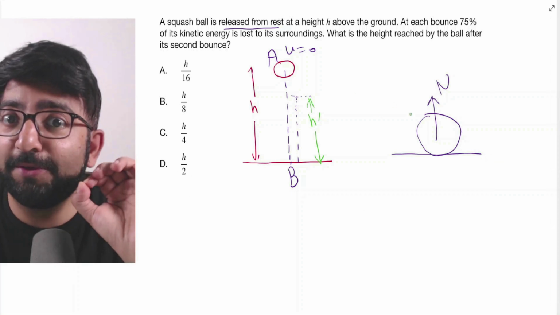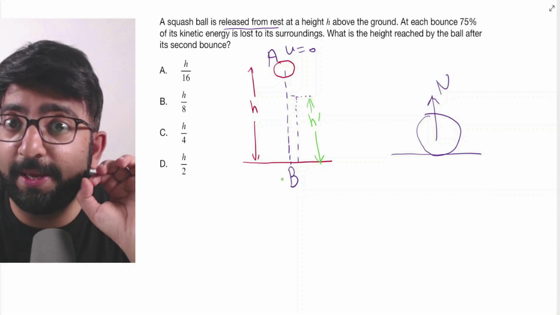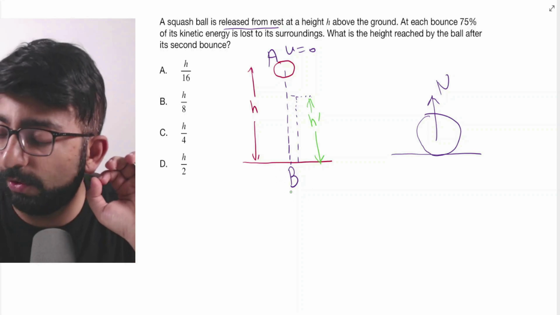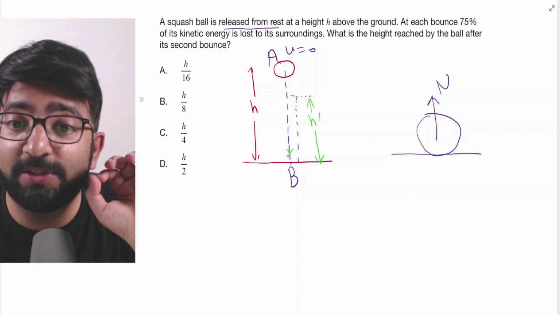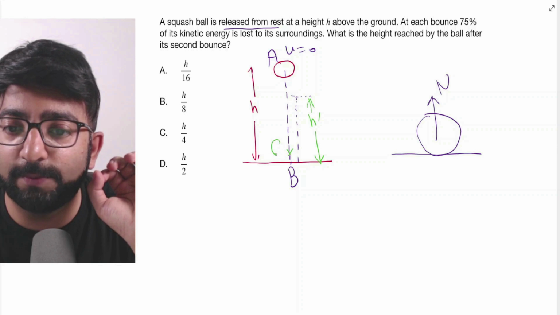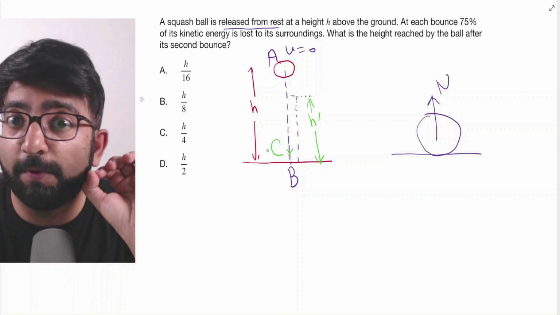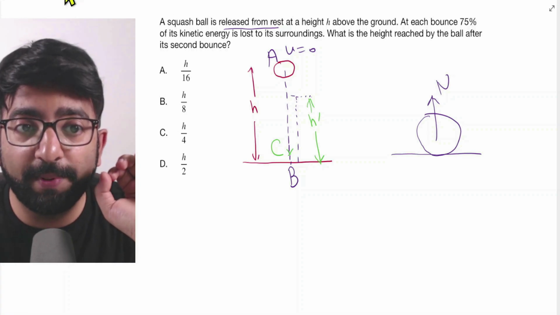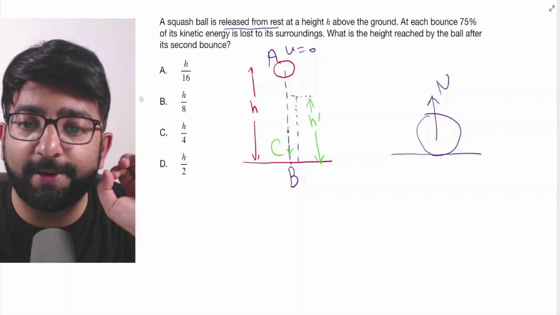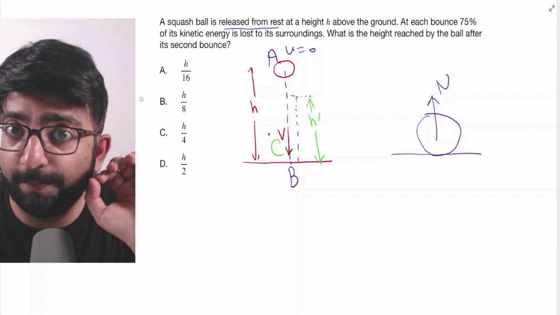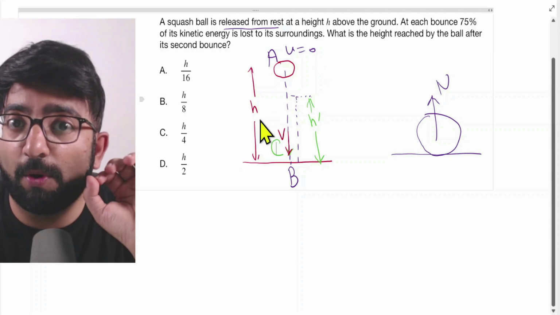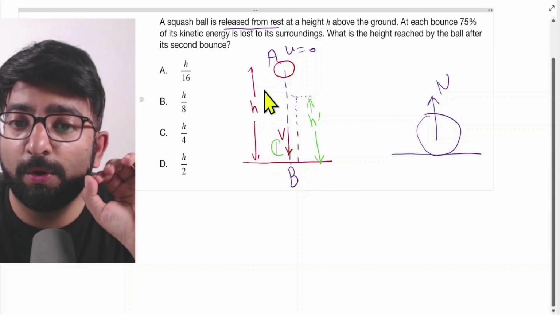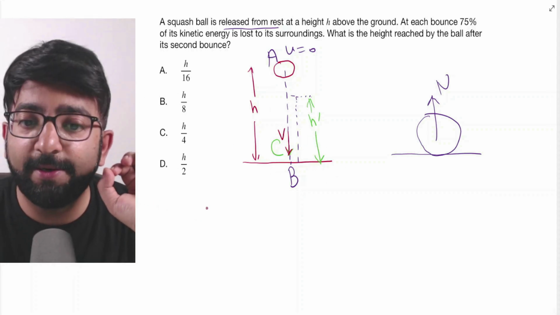Now, to tackle that issue, instead of B, which is the impact point with the ground, we are going to consider a point just above B. Let's call that point C. So C is the position of the ball just before hitting the ground. And let's say the speed of the ball at that point is V. So let me repeat: V is the speed of the ball just before hitting the ground. So from A to C, we can consider